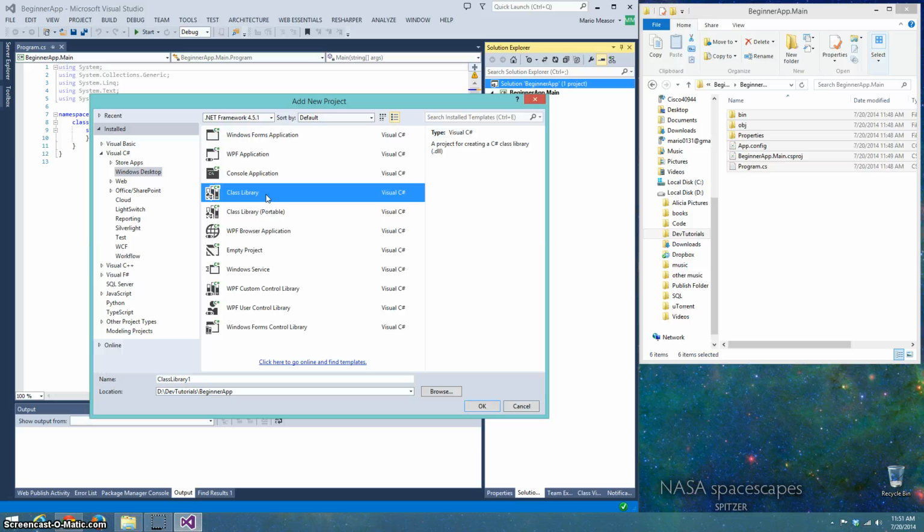DLLs won't directly display anything. They'll do a bunch of thinking behind the scenes and manipulate the data and pass it back to your main application in a way that it expects to use it. Then the main application will be the one to actually do something with that data and display it to the user, or take user input and pass it off to data. So since I keep saying data, beginner app.data,